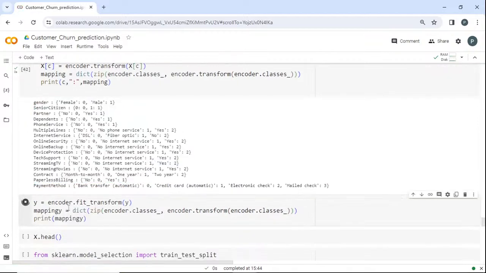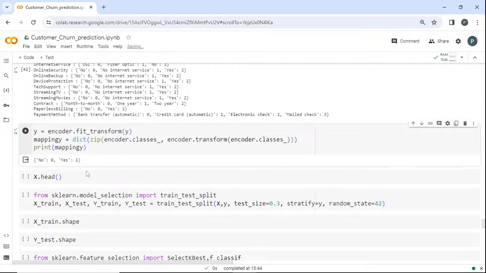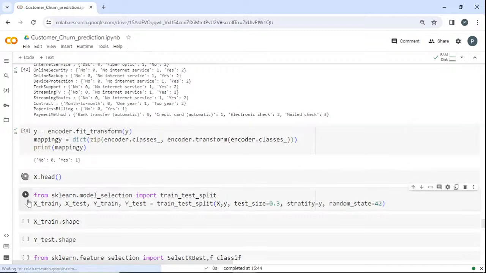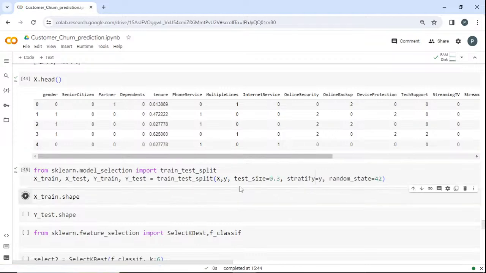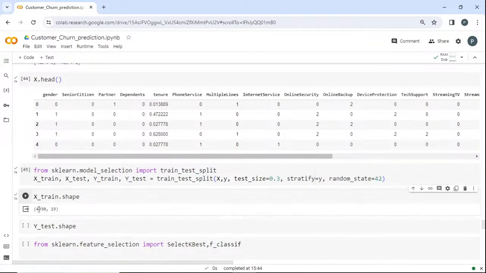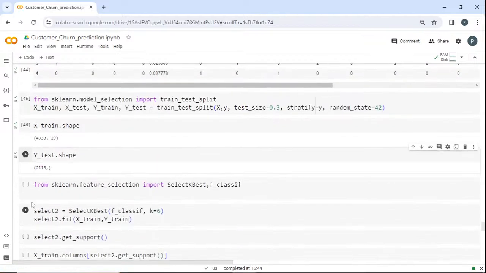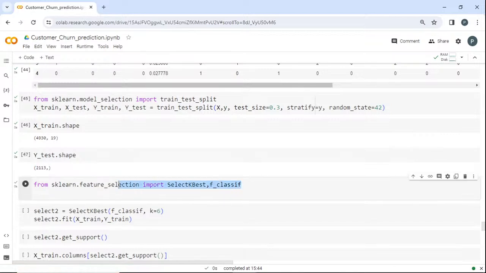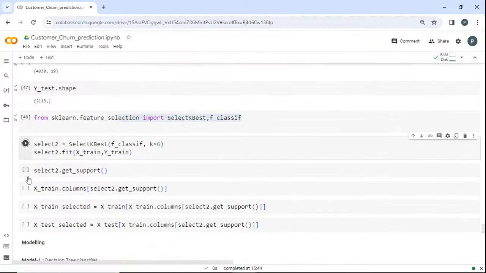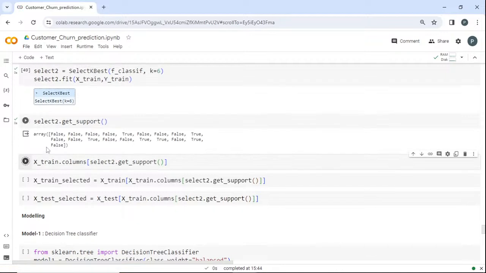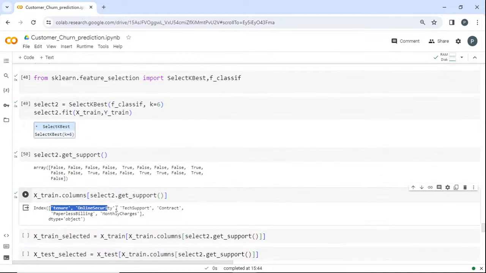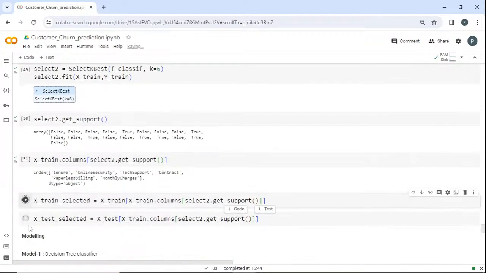Like that I have turned them into encoded ones. Also the yes and no in the target we'll turn. And I'm going for train test split, where I'm splitting the data into parts. So of these 7,000, I'm taking 70%, nearly 5,000 for training, and the remaining 30%, 2,000 rows, for testing. And I'm going to perform the feature selection using f_classif, and I've selected the best 6 features out of it, which are these features, to train your model and get